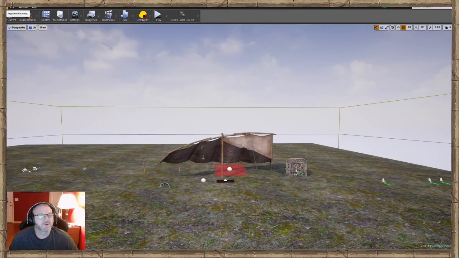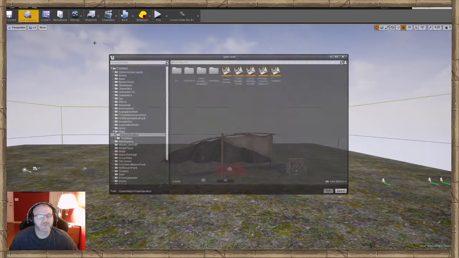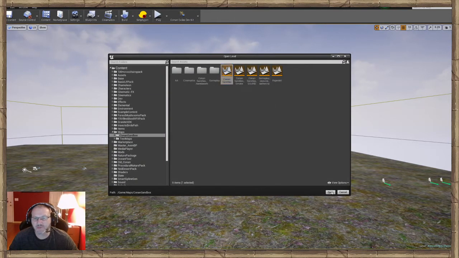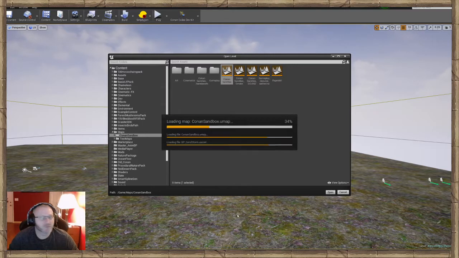What we're going to do is go up to File, go to Open Level, go to the Conan Sandbox and open that up. So let's go ahead and do that right now. We'll wait for the dev kit to load. And the curse wall is kind of an interesting